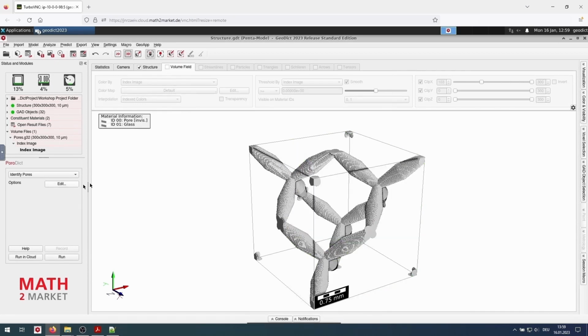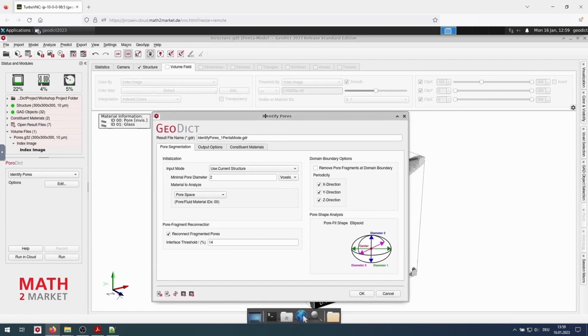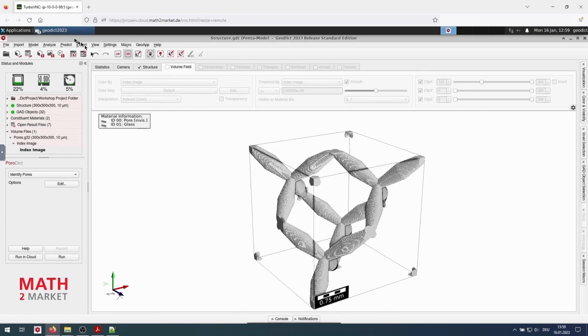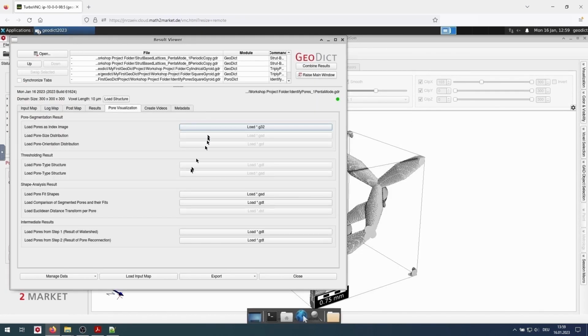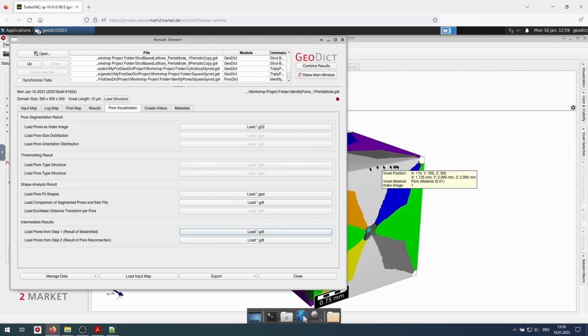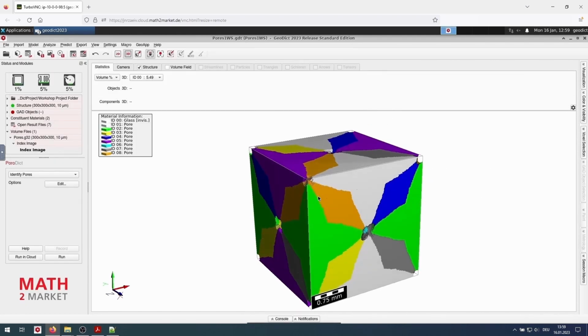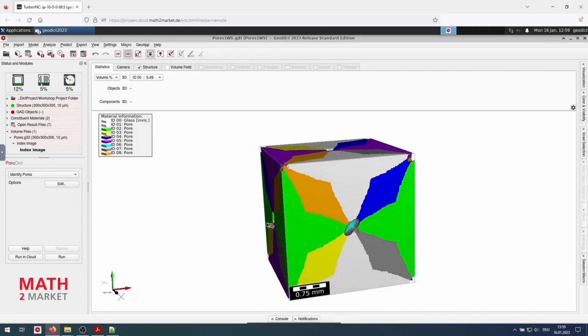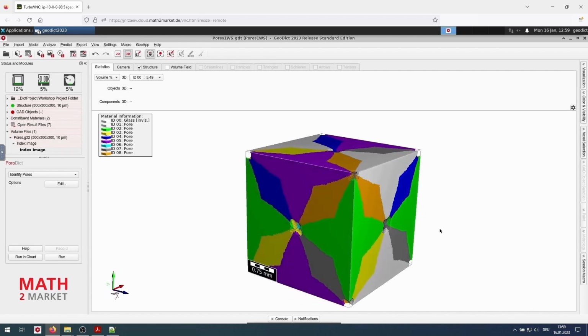The reason is that after the watershed algorithm, we can have a look and see the intermediate result by going to the result viewer, intermediate result, load pores from step 1, result of watershed, and we click load GDT. And we see that indeed there have been different pores identified.